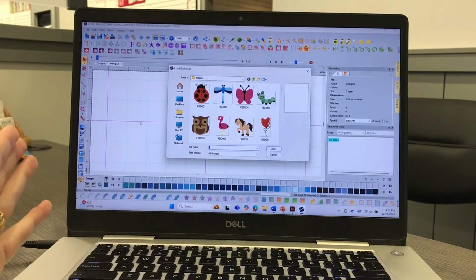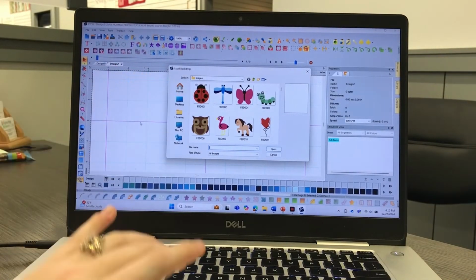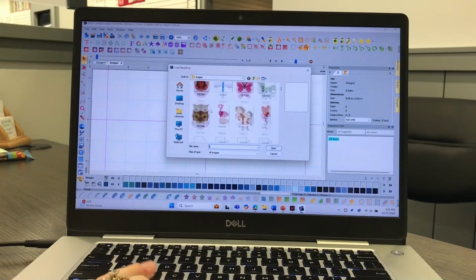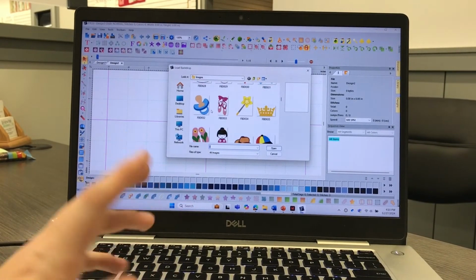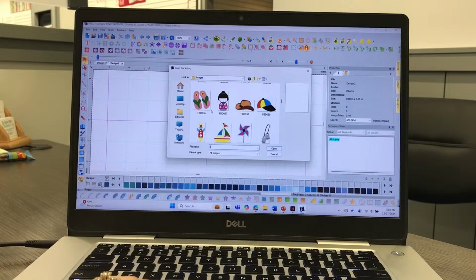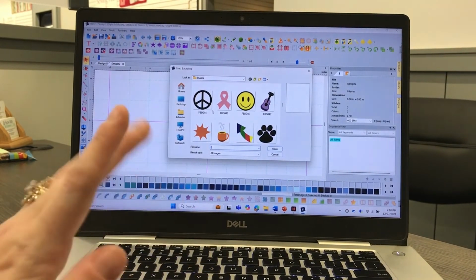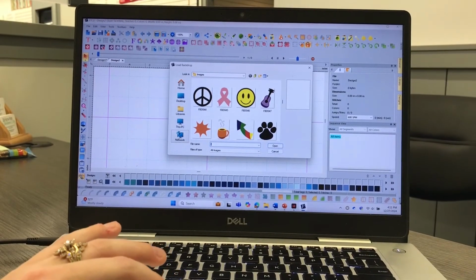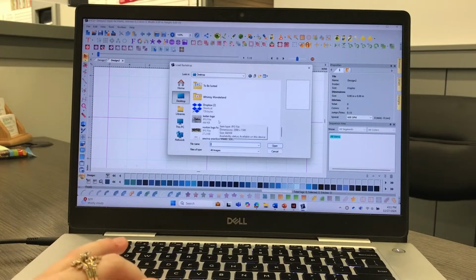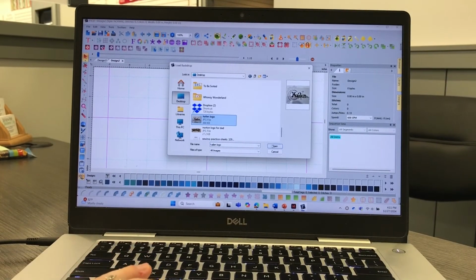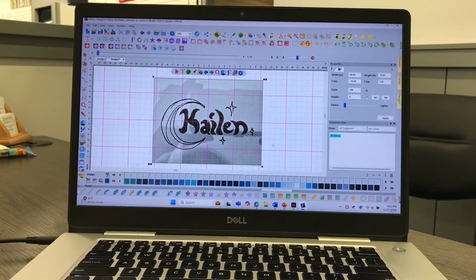It's going to take me just to my computer. Floriani comes with a bunch of pre-created images that you can use for practice for backdrops. So obviously feel free to do those. As you can see though, these are nice clean images that you can also use some of the magic wands and auto digitizing features with as well. So what I'm going to do here is come over to my desktop, where I just saved this. I called it Kaylin logo. Okay, so it's going to bring it up as a backdrop,